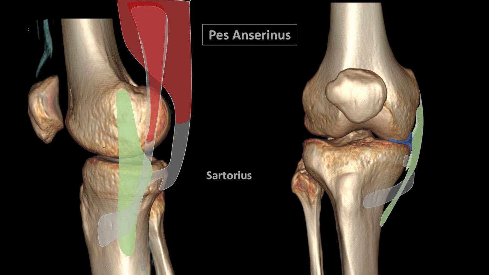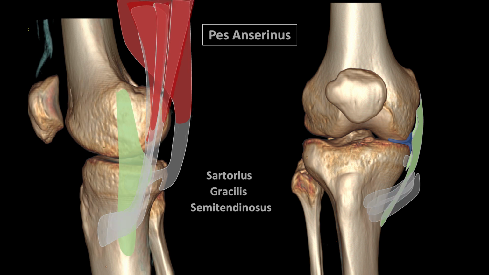We end with the pes anserinus, a term that groups the tendons of 3 muscles that we can remember with the mnemonic say grace before T: the sartorius in front, the gracilis in the middle, and the semitendinosus in back. In fact, we can see on this highly simplified drawing that the muscles at the proximal end of the tendons are actually in front-to-back configuration, taking a vertical oblique trajectory of about 30 degrees forward,